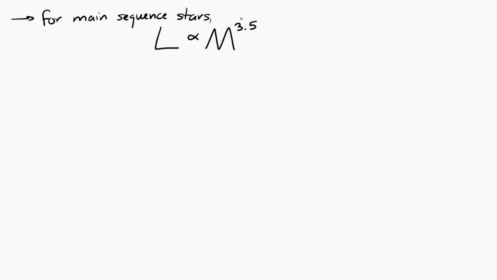Now, on the main sequence, there's a relationship between the luminosity and the mass of the star, and it's this. Luminosity is proportional to the mass of the star to the 3.5 power. Now, this is an approximation, but it works pretty well. What I want you to notice about this is that it says that mass has a very large effect on